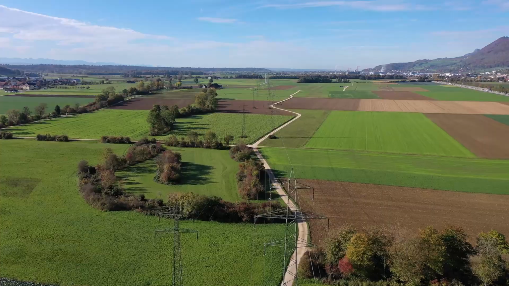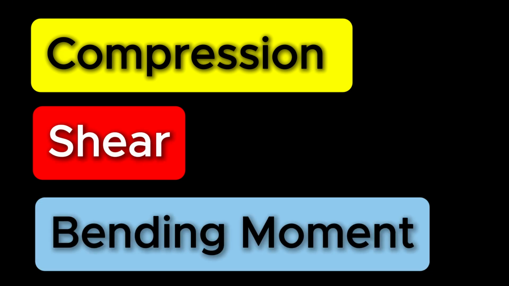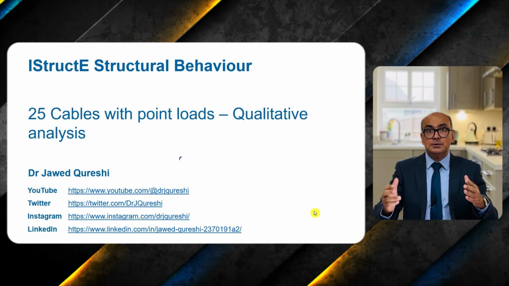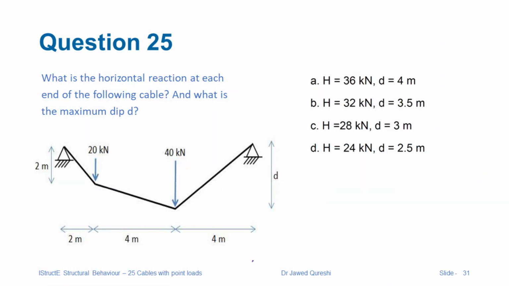Cables are used in buildings, bridges, transmission towers, and long span structures. The key feature of cables is that they resist tension only. They don't take any compression, shear, or bending moments. In this tutorial, I will cover 3 examples, and after watching them, you will have some kind of expertise in